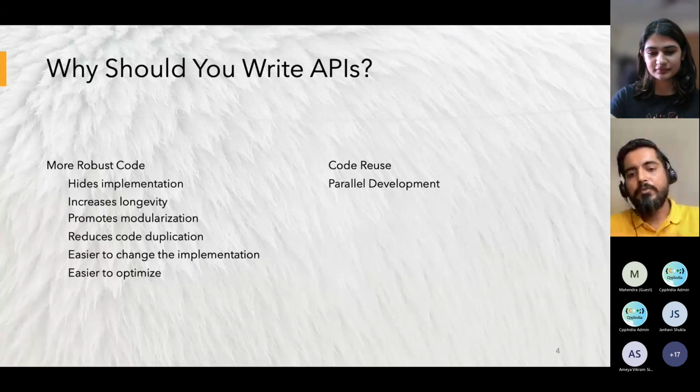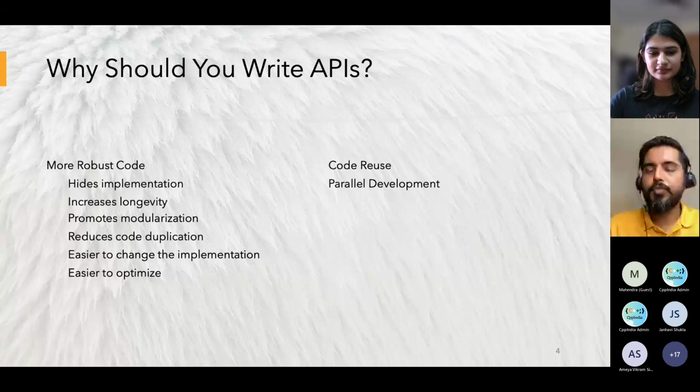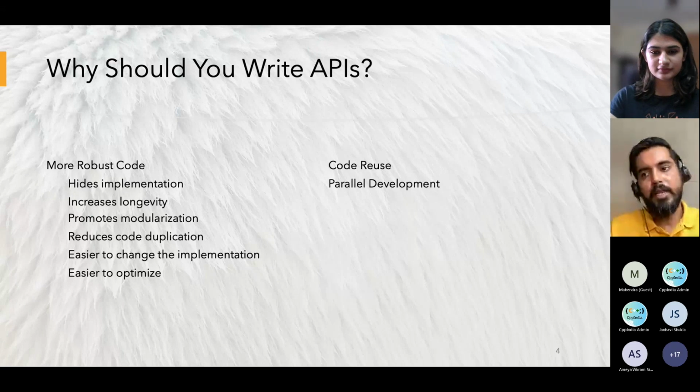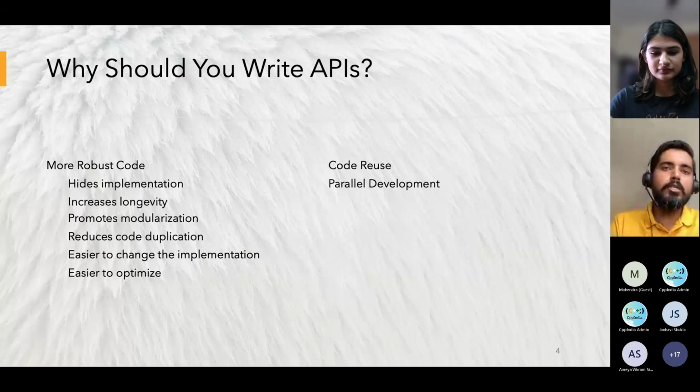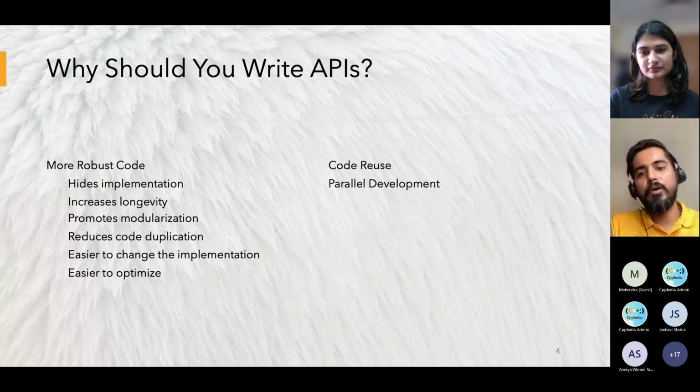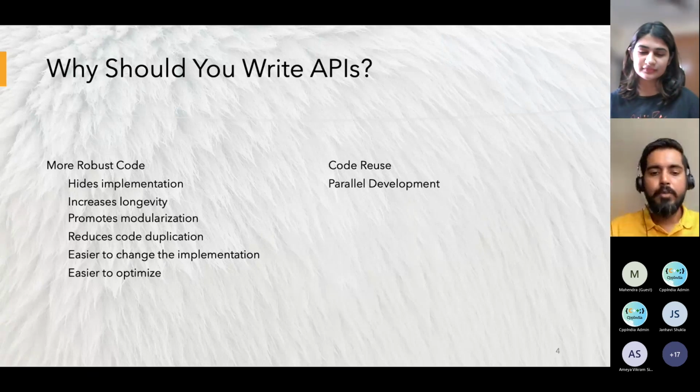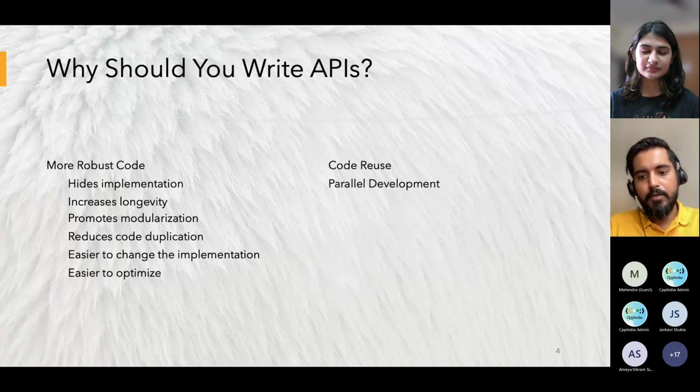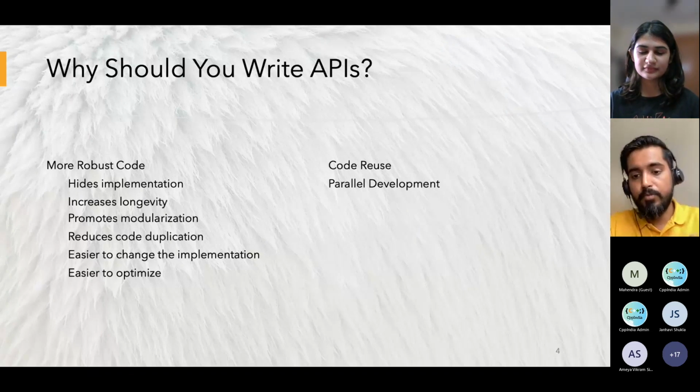So it helps you modularize your system and reduce duplication, so it's easy to change. If you want to change something in your server connection library, you can change that behind the scenes and your customer will not have to worry, unless you are changing the public interface. So always remember, as long as you are not changing the public interface, it's fine, you can change anything behind the scenes.